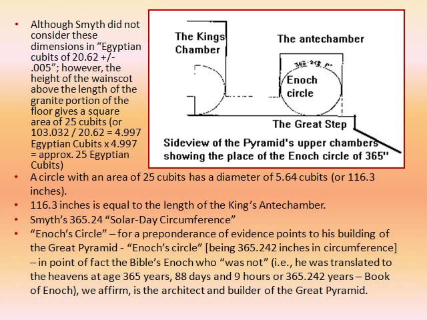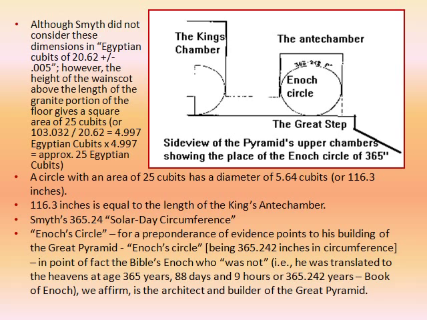A circle with an area of 25 cubits has a diameter of 5.64 cubits, or 116.3 inches, which is equal to the length of the King's Antechamber. Smythe's 365.24 solar day circumference is Enoch's circle, for a preponderance of evidence points to his building of the Great Pyramid. Enoch's circle being